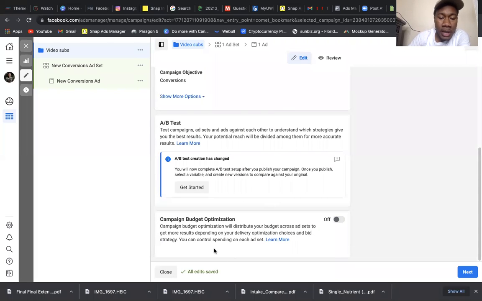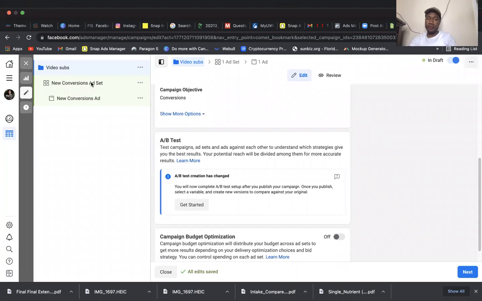a lot of this information, campaign budget optimization, A/B testing, you're not going to worry about any of this stuff until you actually get into scaling your ads. When you get into scaling your ads, then you can turn campaign budget optimization on, as well as start doing split testing and things like that. But a lot of you who are purchasing this course are just trying to learn how to do it and execute. You're not even trying to scale yet. For those who at some point get into scaling, that's when you turn those on, as you increase your budget. So that's pretty much campaign.